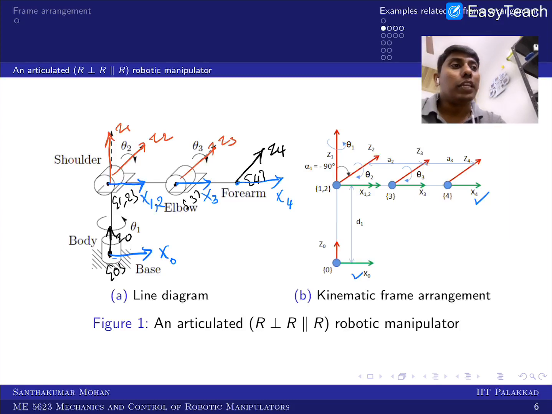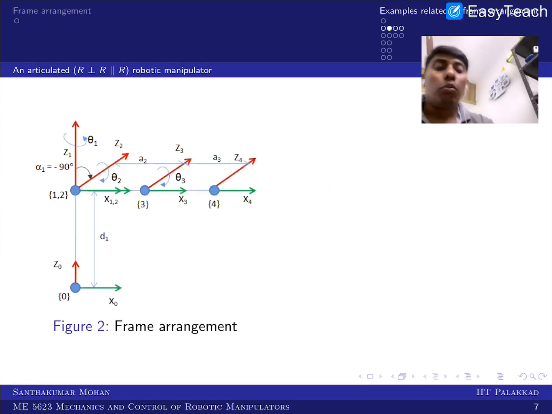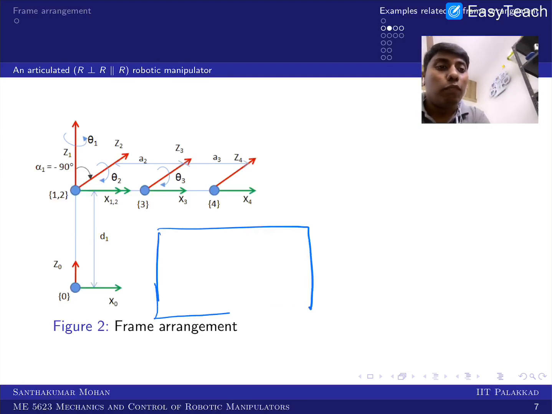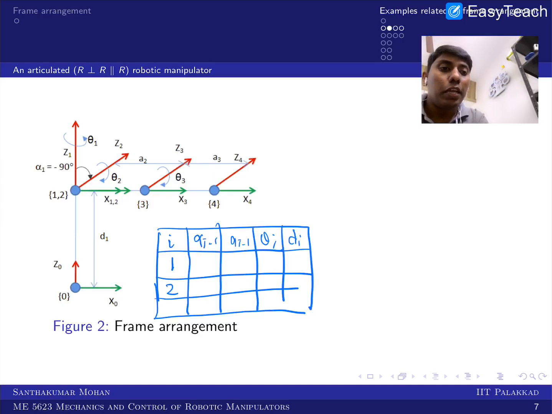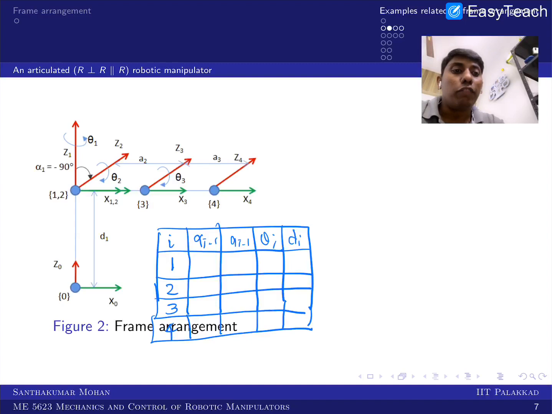Okay, I am just going up. We have to make the table, so I am taking the 4 joints. Okay, so what are the things? I have first written alpha i-1, then a i-1, then theta i and d i, and you have the ith frame. So I am starting with frame 1, 2, and 3. If you need, you can add the 4th one, if you want to reach till the tool. Right now for the first frame, what is alpha i-1?